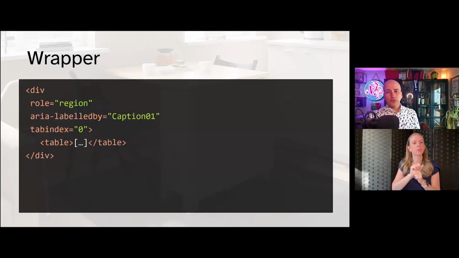Code sample here, I use a div element. It's already treated as block in CSS. It's generic. Since the container is going to let the user scroll the table, it needs to be keyboard focusable. Granted, if the nested table has focusable descendants, then link, button, checkbox, the keyboard user can already get into that container and scroll it. However, if not, as of this talk, neither Safari nor Chrome will let a keyboard user put focus on that scrolling container.